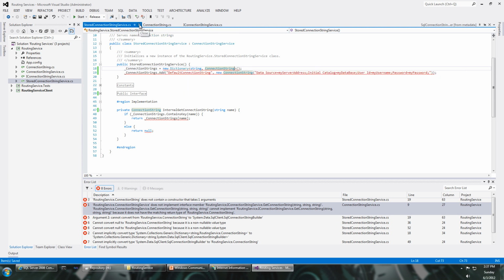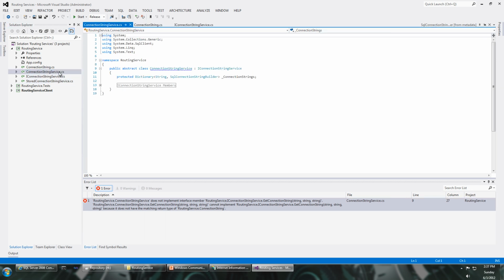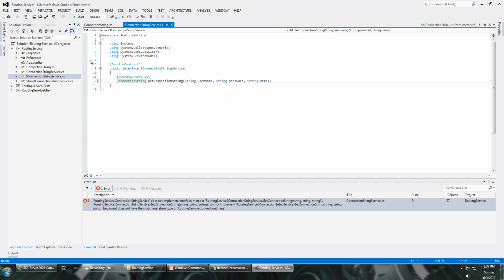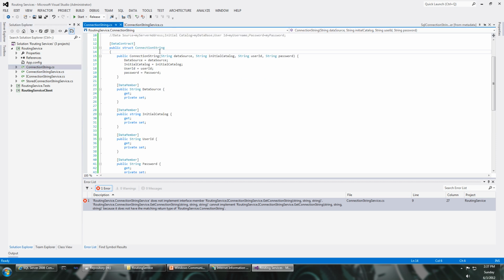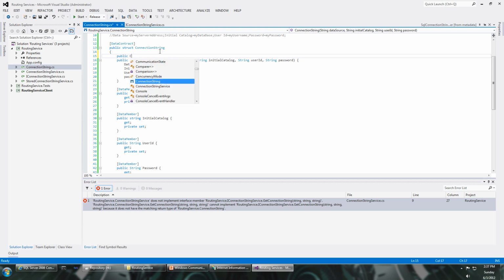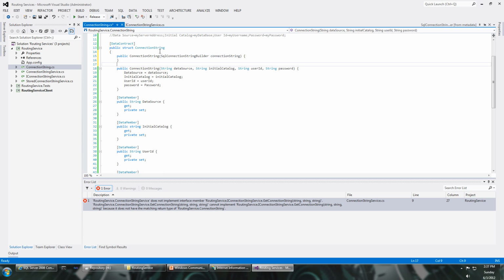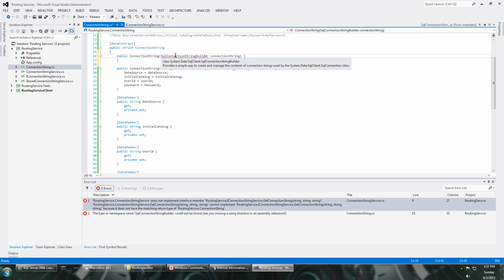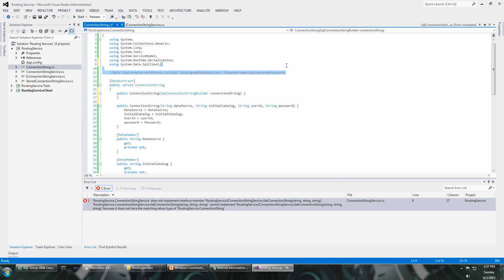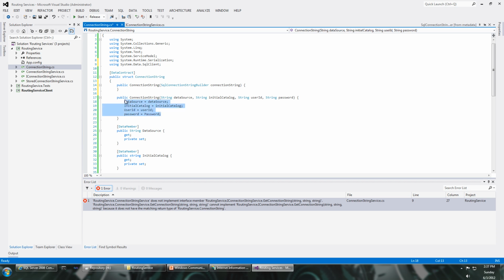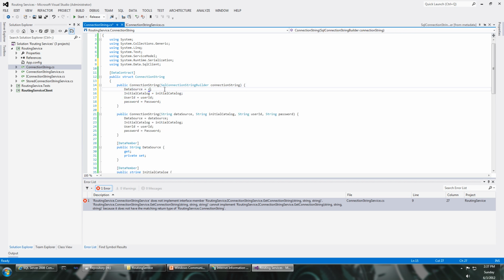Okay. And go to our abstract class and do the same thing. Now to make things really easy, what we're actually going to go ahead and do is go to our connection string class and add a constructor. And we'll just add SQL connection string builder as a constructor parameter. And we could do the same thing here. We can copy these properties, but this time we can say connection string